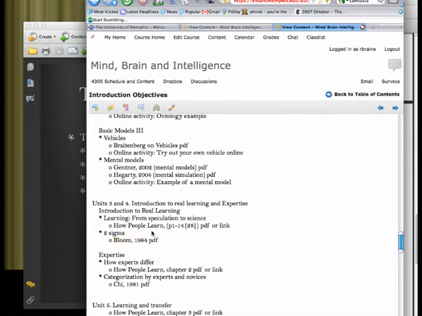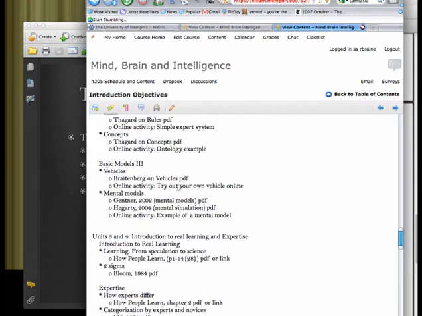Okay, so that will let you know if you're wondering, how does vehicles have to do with mind, brain, and intelligence? Did I sign up for a class about motorcycles and didn't know that? Then what you'll do is just go and find this guy's last name in that huge PDF full of articles, or you find Gentner and Haggerty, and those would be the things that you're going to be talking about if you choose this. And then you can have as long as you want to work on creating that YouTube video,